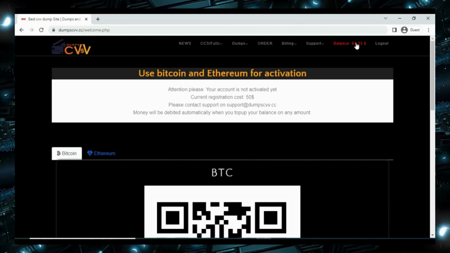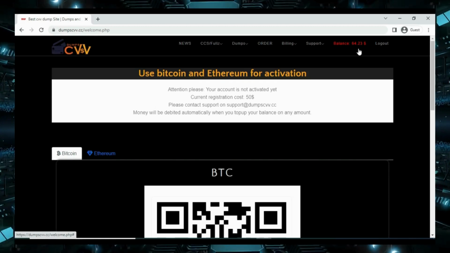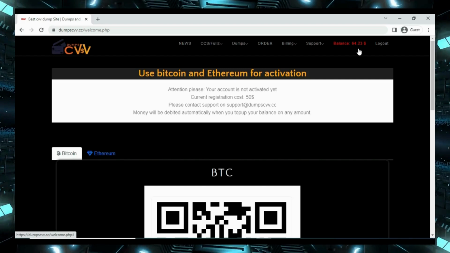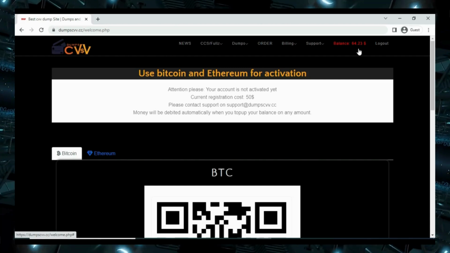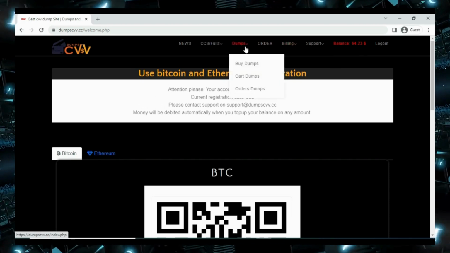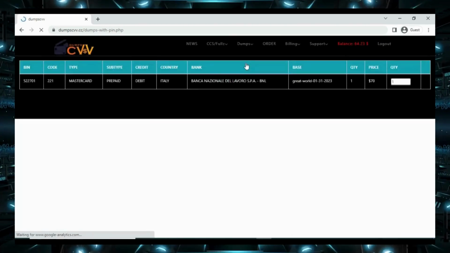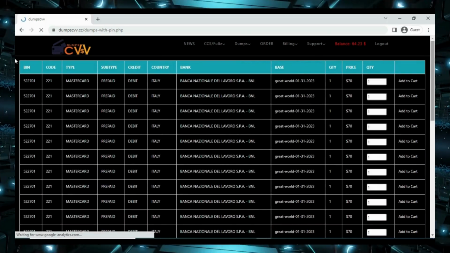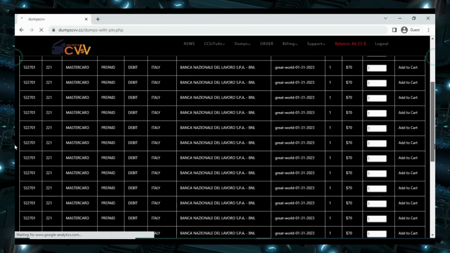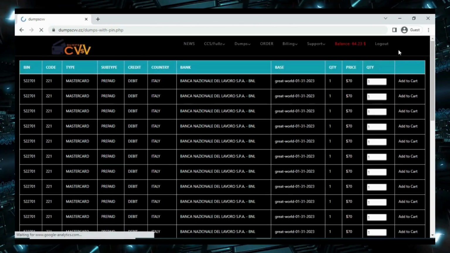Okay, so as you can see on the home page, my balance is 64.23, but I have deposited 70. I always deposit more than the amount stated on the website because I know they calculate the BTC price lower than the original price. So I will just go to the dumps page and check. Okay, so my account is already activated and here are the dumps and